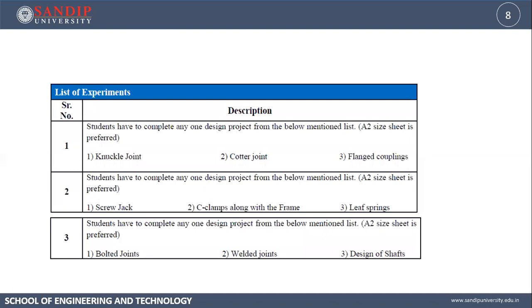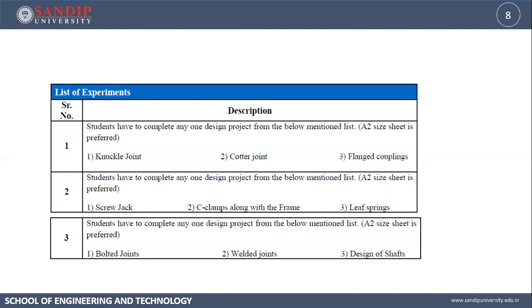And you will get the assembly and details of the component. And while drawing it, it is compulsory that you are going to design it. And while designing, you will go in the market and take the actual component, see its dimensions, and then you need to assume certain loads and conditions, and then you will design it and check the dimensions that you get. And in this you will get the actual idea of how the component is designed, what the standards available are, and how to use them.